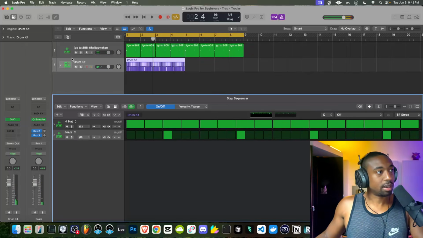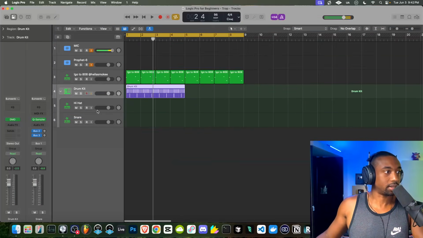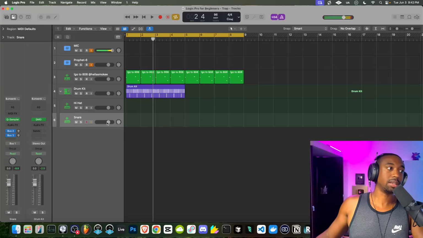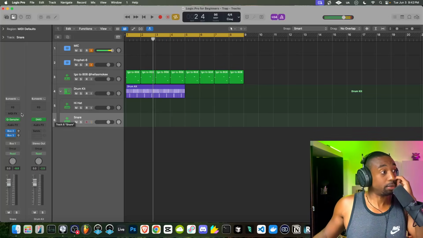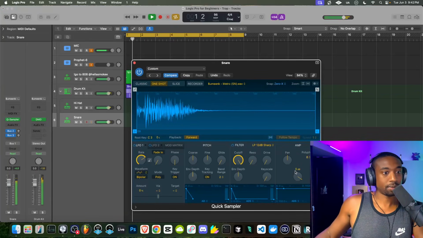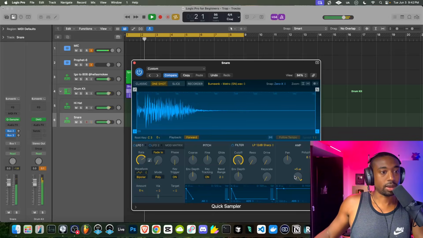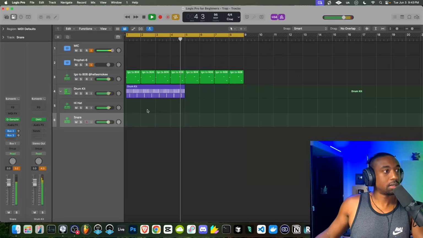Let's say you want to turn up the snare. We can go to the drop down here in the tracks list, and we could actually just go to the snare. I recommend to save the channel volume for if you really have to level when you're mixing your beat. I'd rather go to the sampler and turn up the volume from here. And just crank that volume. Now we have more aggressive drums.